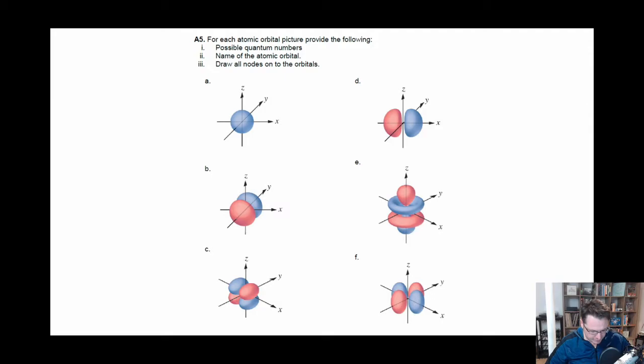A5, right? So this is just simply, here are some pictures of different orbitals. And then the question is, to assign the possible quantum numbers, the names of the atomic orbitals, and then draw the nodes on those orbitals. So,